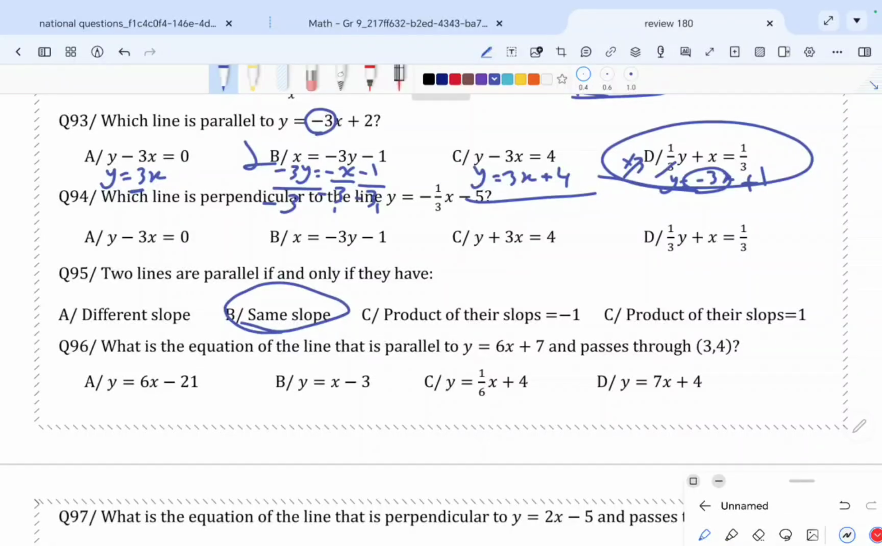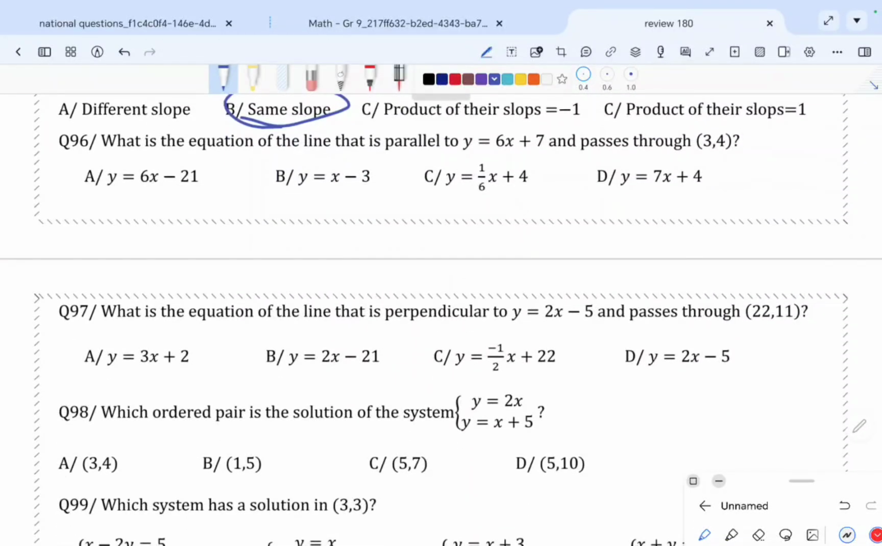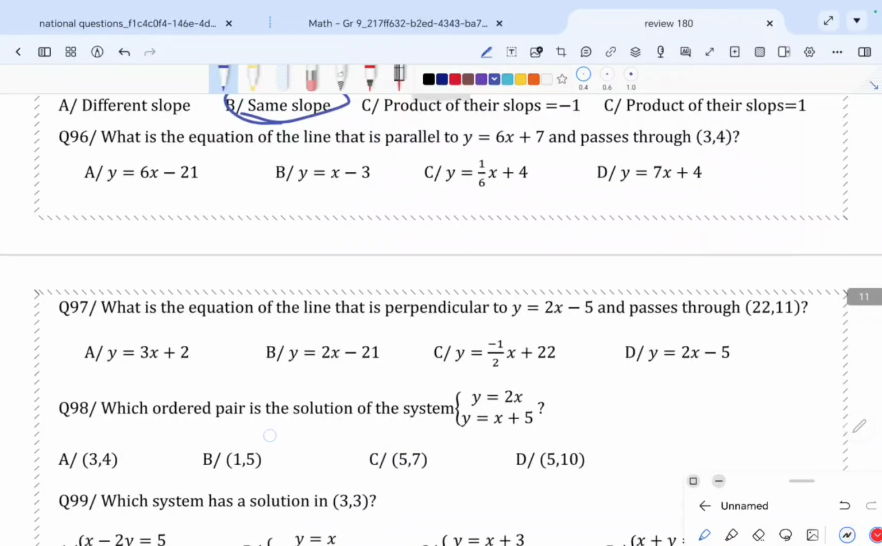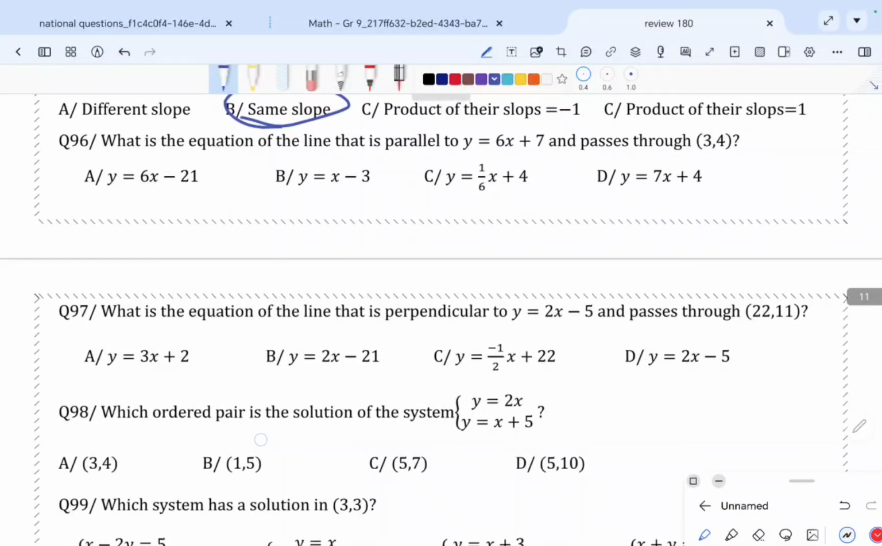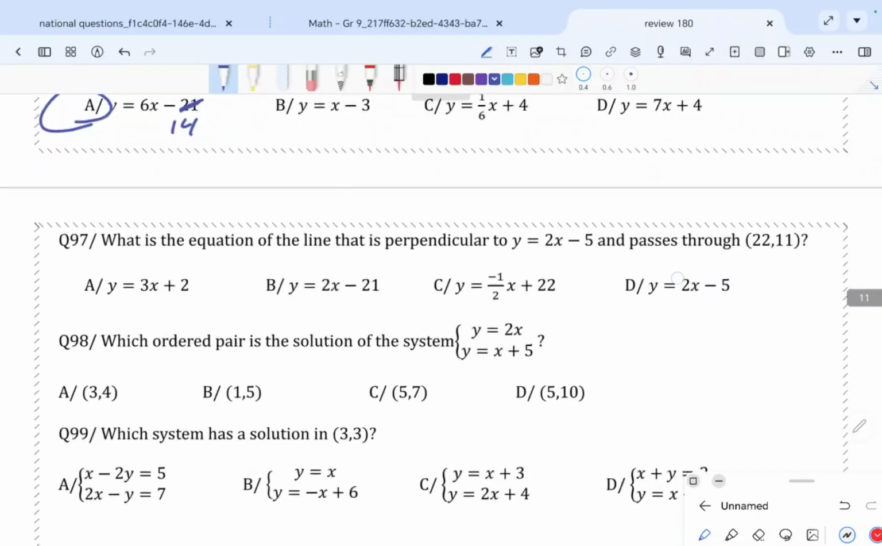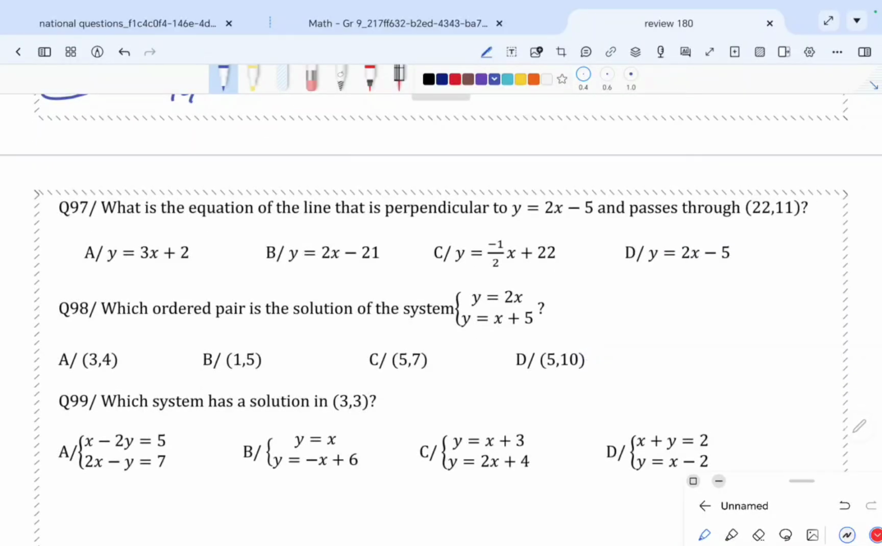Question 95 is a definition. Two lines are parallel if and only if they have the same slope. What about perpendicular? Perpendicular if their product equals -1. Pay attention. Question 96. What's the equation of the line that is parallel to y equals 6x plus 7 and passes through 3 and 4? The answer will be A, and this one is not 21. Pay attention, it is 14. Okay,